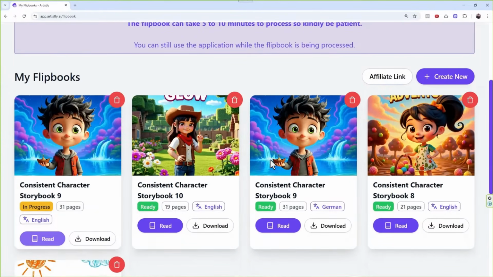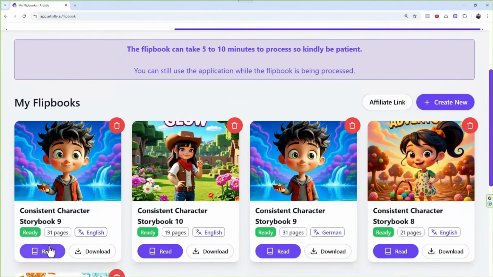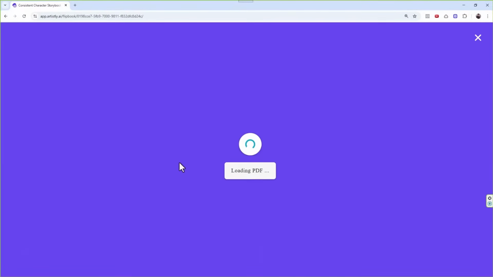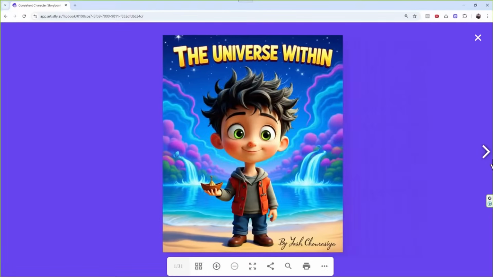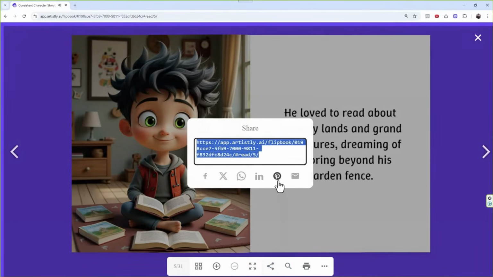Now another thing I want to share with you, which I see a lot of you are not actually utilizing properly, and I want you to start utilizing it, right? Now you can get rewarded by sharing your storybooks publicly online on the internet, right? For example, this is the storybook. You can actually see the storybook and share it. Now when you share it with the world, on the internet, people can